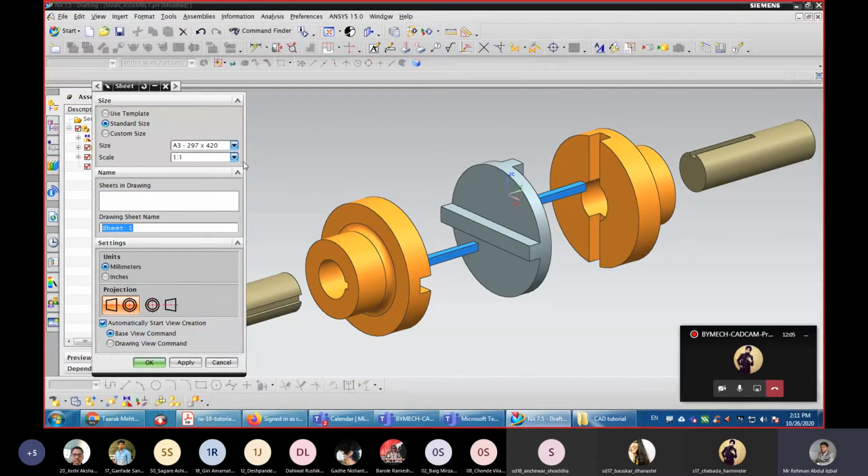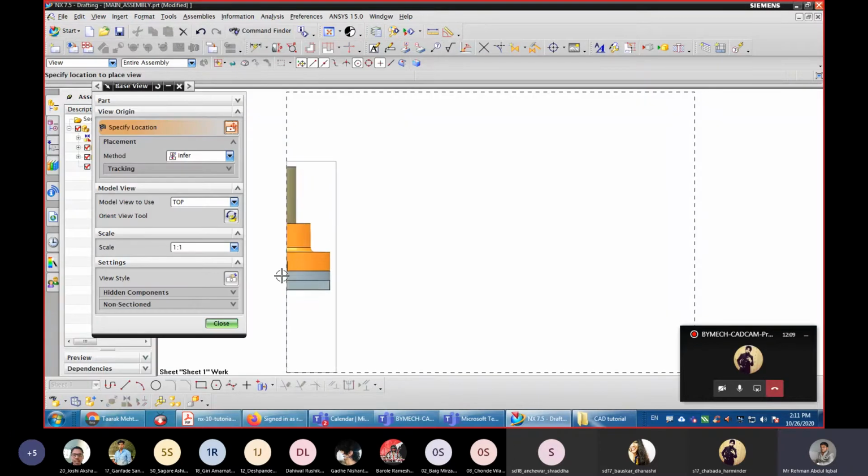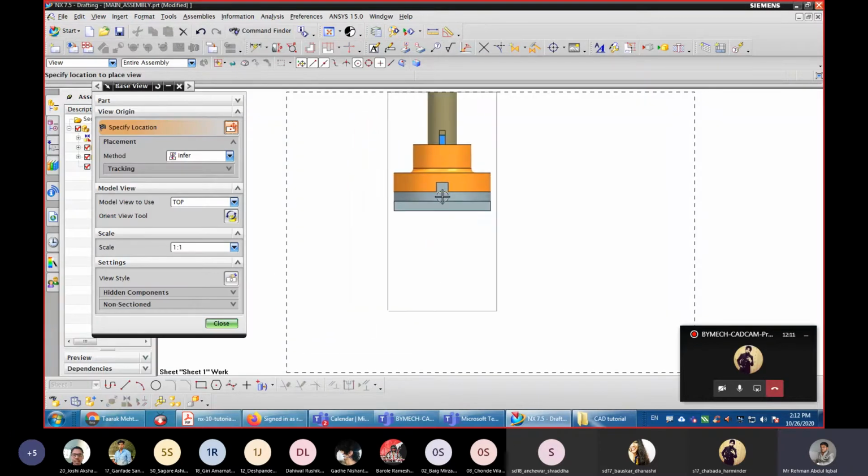Same thing, select this A3 size and you can give the name. Click OK.